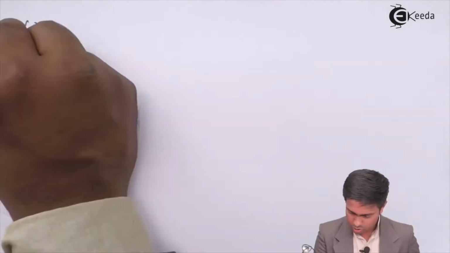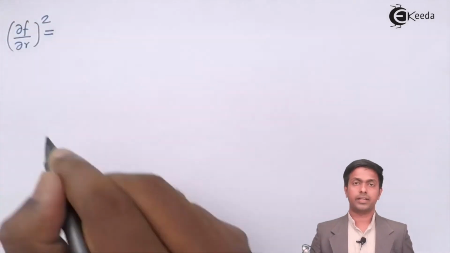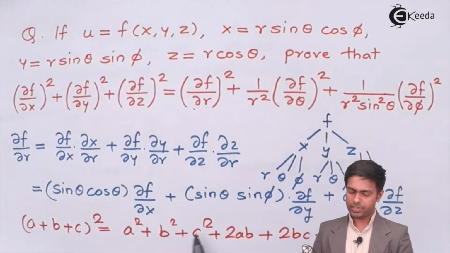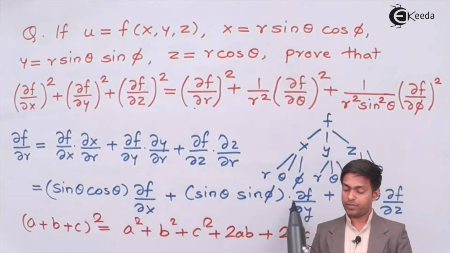So let's start. So del f by del r the whole square. Here I'll first find out a square plus b square plus c square. So square of this plus square of this plus square of this. So we'll get